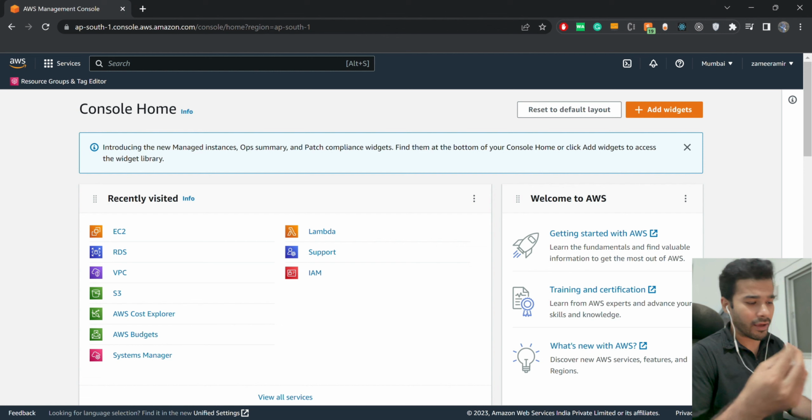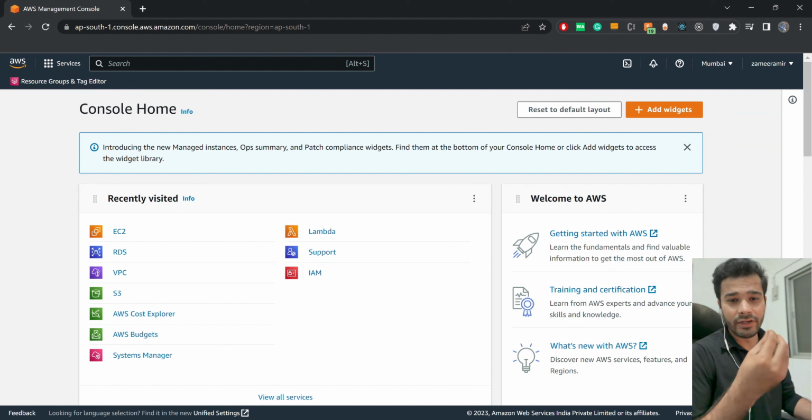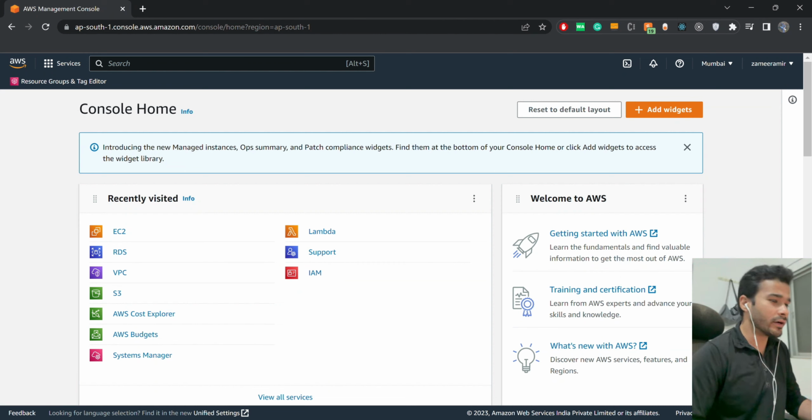And after we have verified that the web server is running on the EC2 server successfully, after that confirmation we will delete the EC2 instance from the AWS cloud. So let's get started. As you can see on my screen, I am on